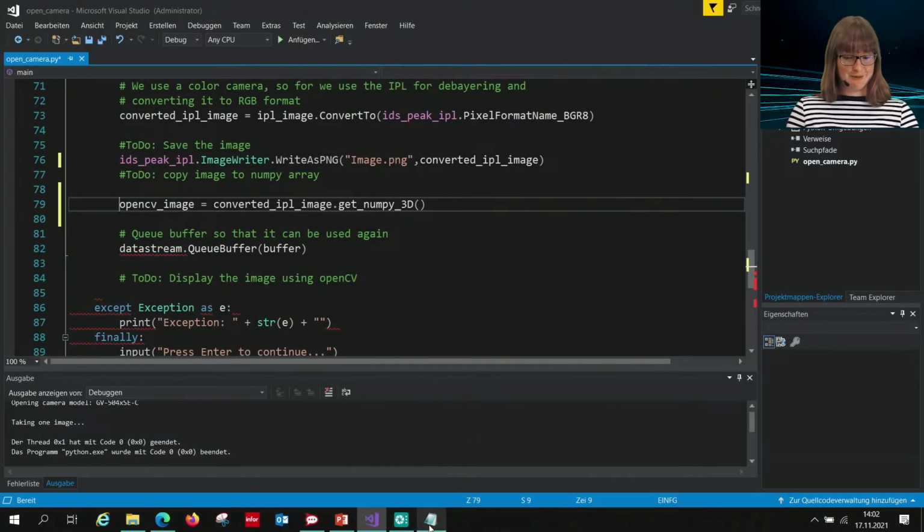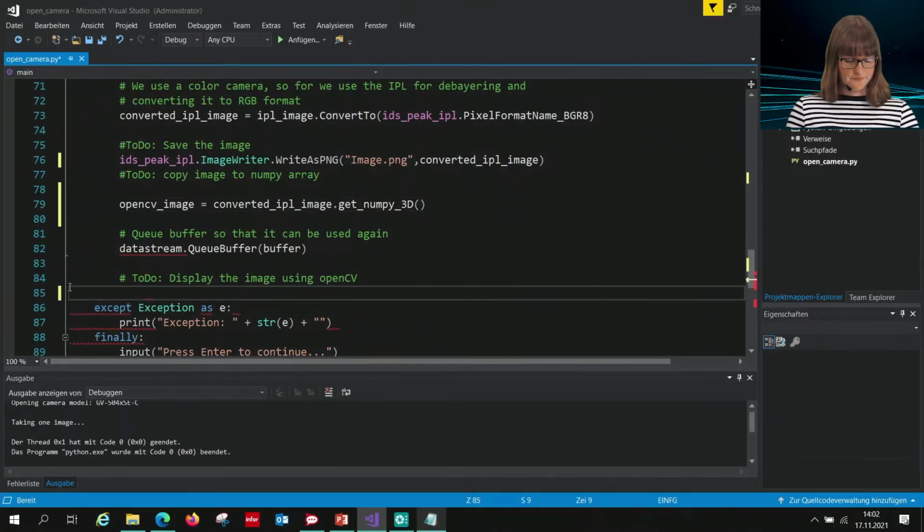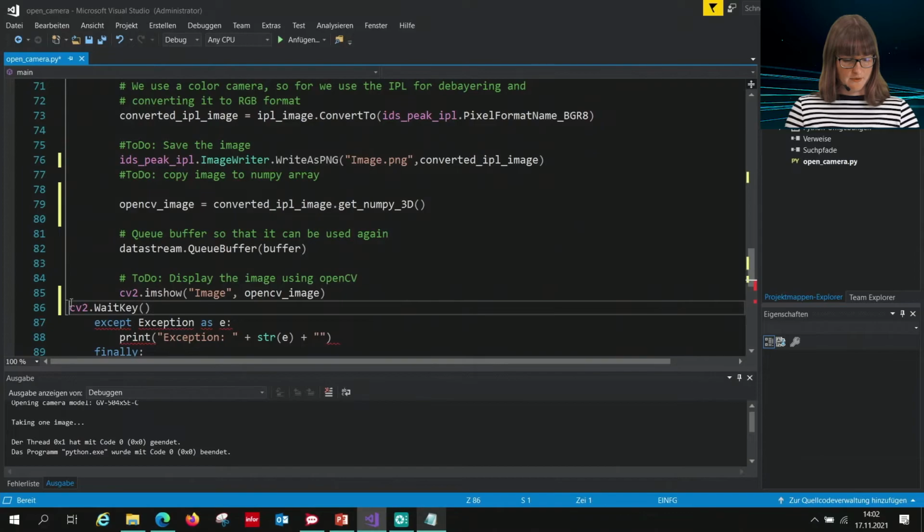So I still have not displayed the images. This can be done via the OpenCV imshow call, and we include the wait key, so the program stops until we close the window again.